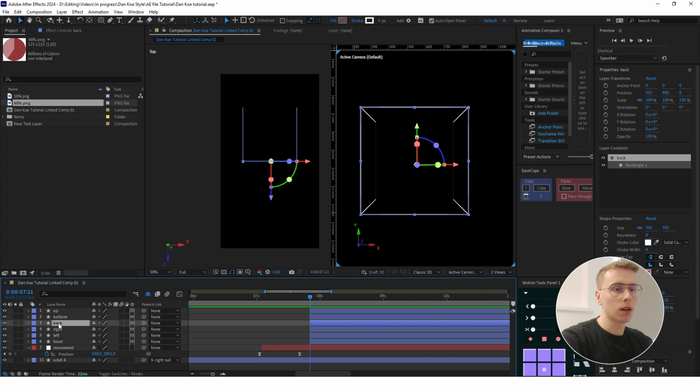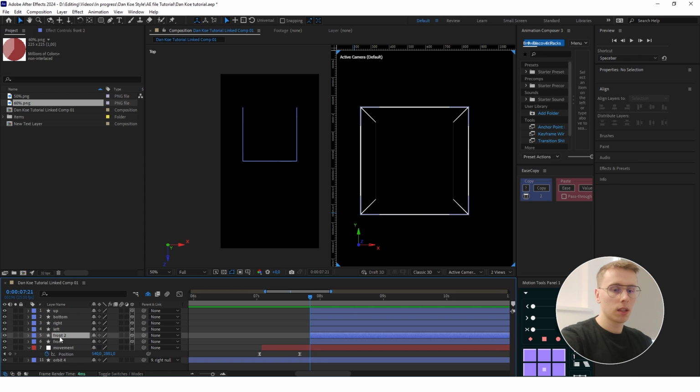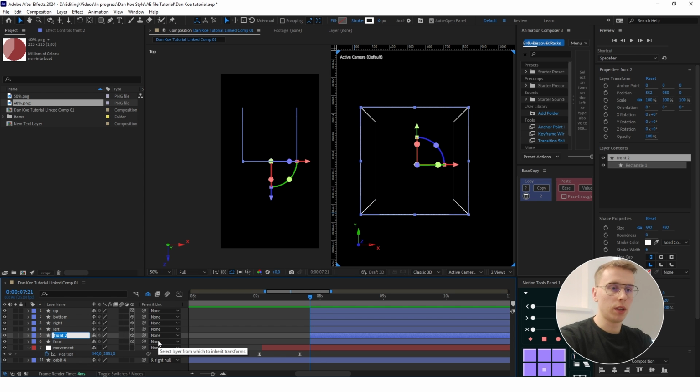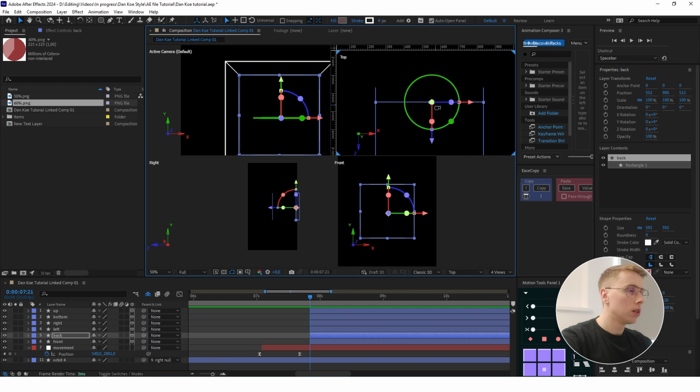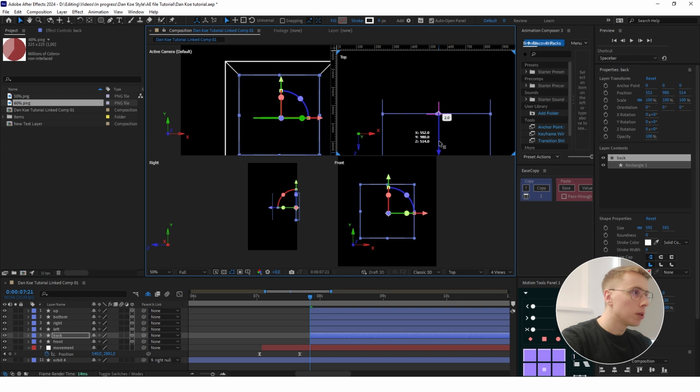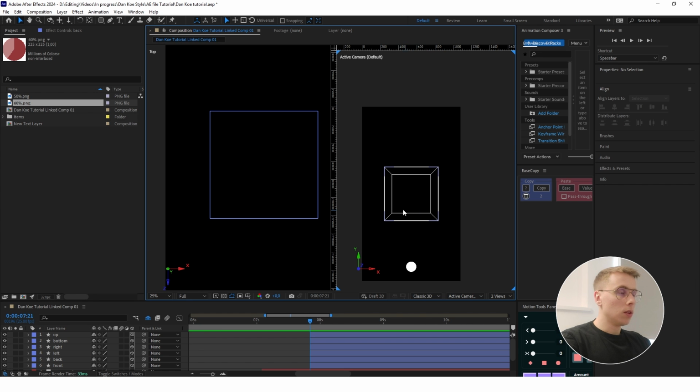Instead of creating back from scratch, let's just copy the front layer, delete the old back layer and call the front 2 layer back. Again, go to 4 views, and by looking at the top camera, you can align it so that it's perfectly in the back. As you can see, it looks pretty good even right now, but we'll also add bottom and